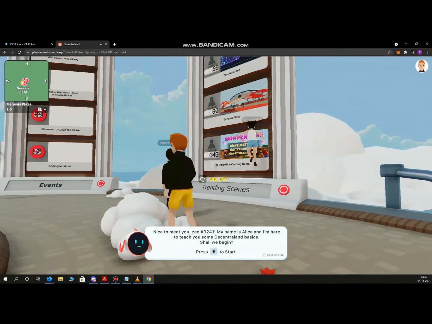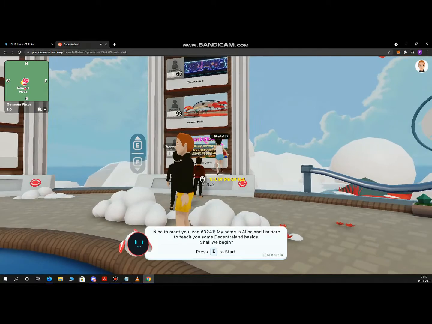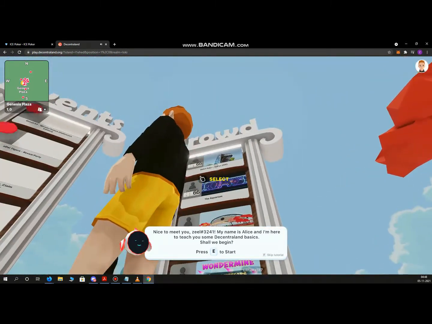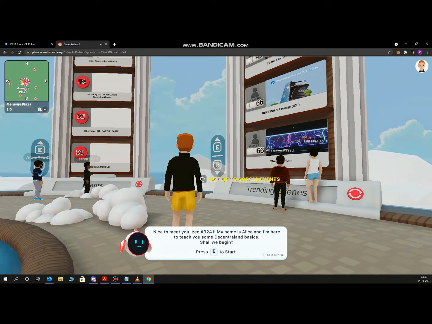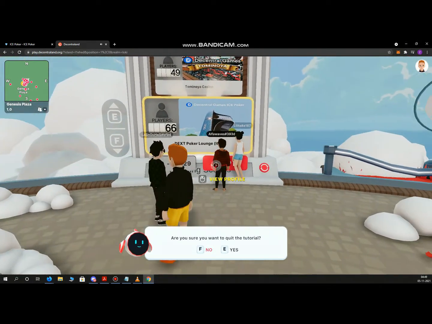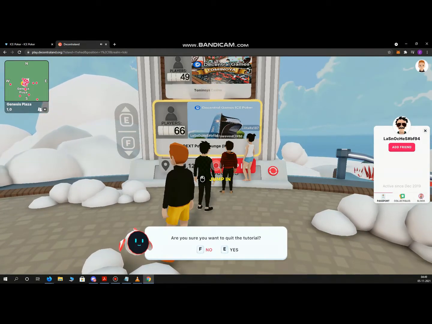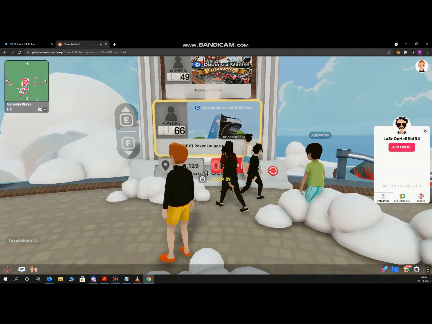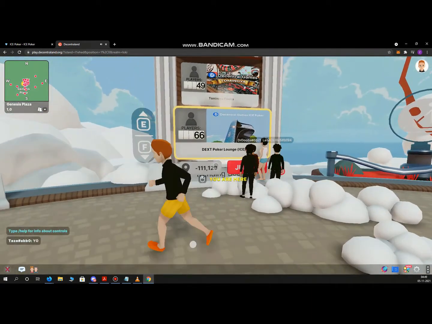Now we need to know more about the Ice Poker, which is a very interesting event that's happening right now, which we can see there already. We can use this to scroll the events, and then we can select it. We can click on jump in. Let's just end the tutorial. Yes, dismiss this, and we can view profiles as well, of a lot of people, and then we can jump in on this.